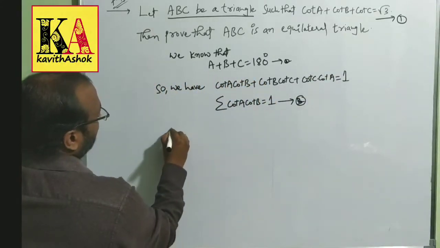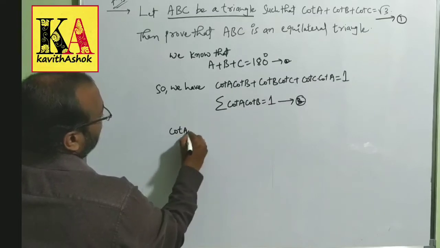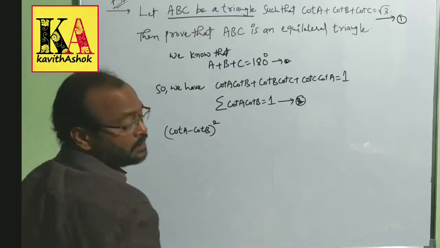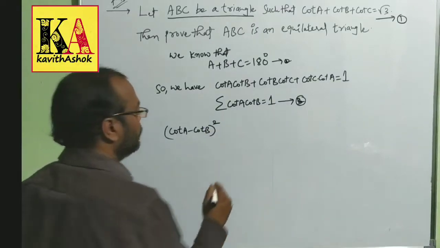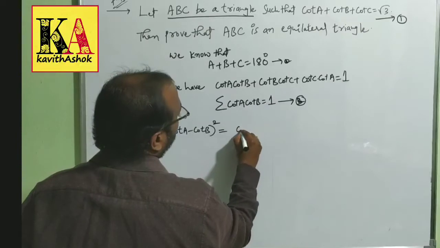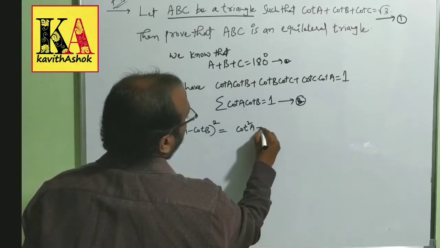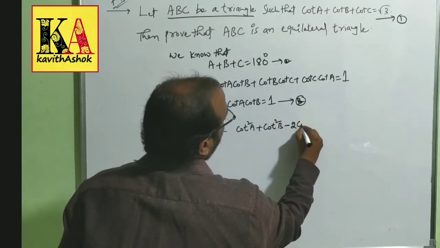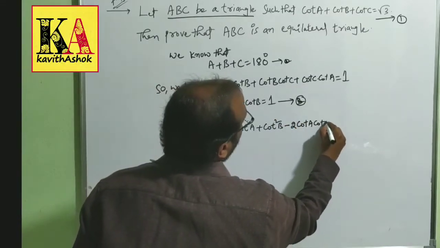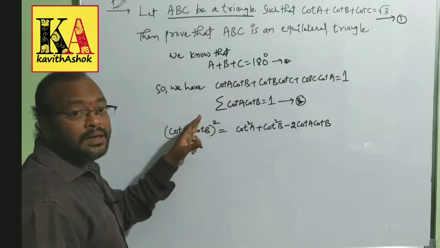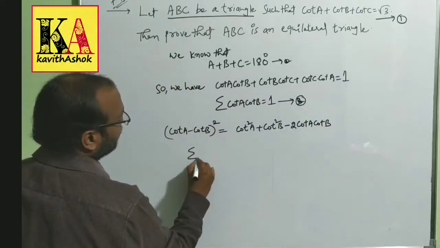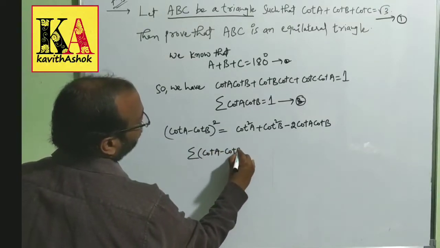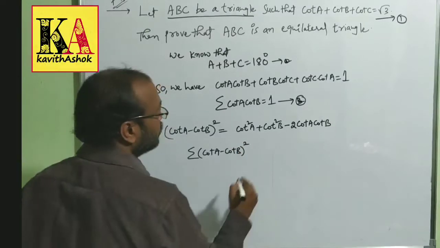Here, cot A minus cot B whole square. Cot A minus cot B whole square. What can we get here? Cot square A plus cot square B minus 2 cot A cot B. This is the cot A minus cot B whole square form. If we apply summation for this, sigma cot A minus cot B whole square is equal to